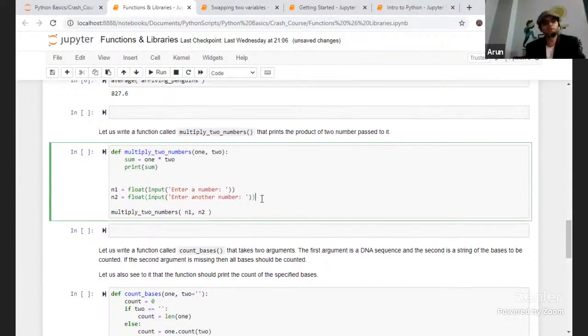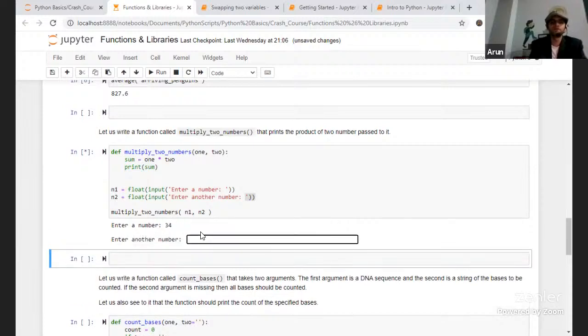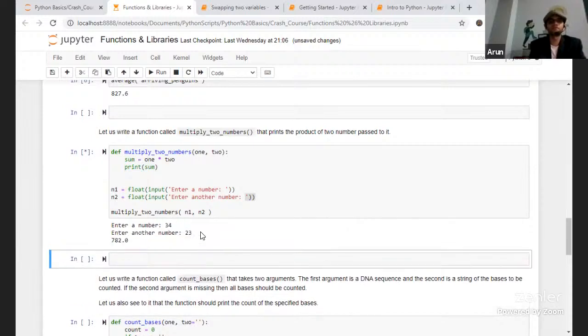Let us set a function called multiply_two_numbers to multiply the numbers. Here in this case, we are trying to multiply 1 and 2 and then print the sum. So this is the entire sum which we are trying to print, and then we are also going to print the float number as well as another number. So in this case, n1 will be the value which I'm going to print. Suppose 34, and n2 will be the value 3, then the entire amount becomes 7782.0. I don't know whether it's an amount or not, but this is how it is mentioned.